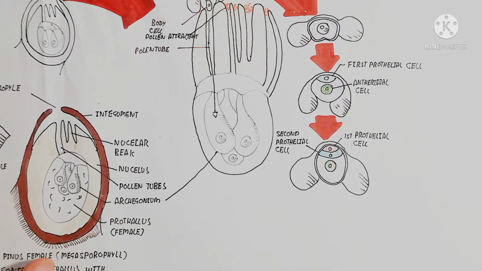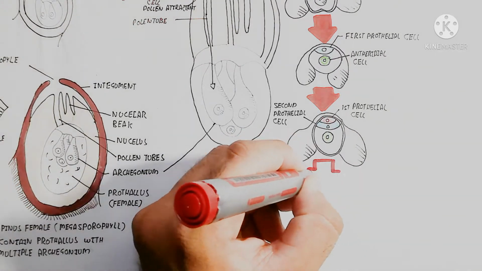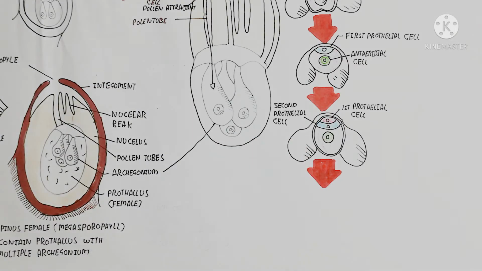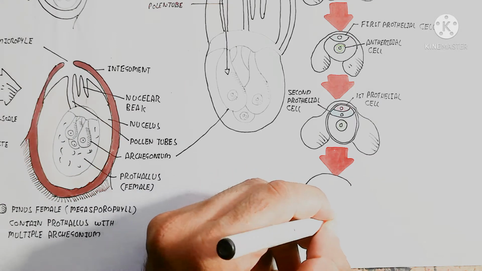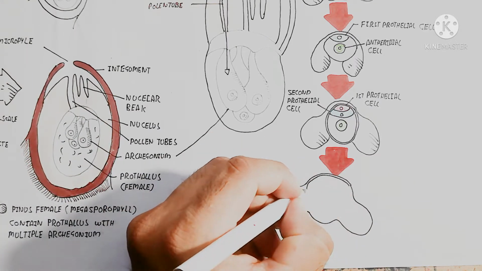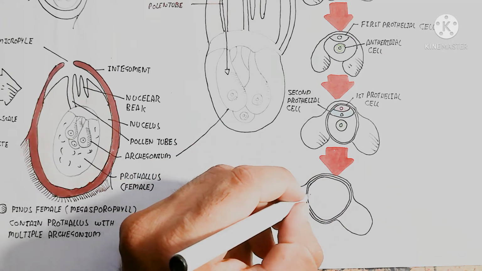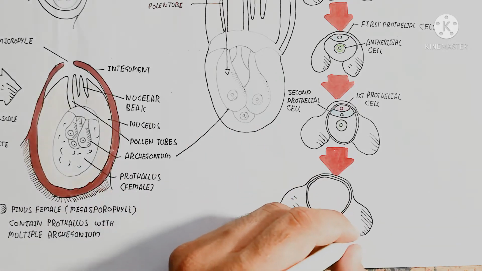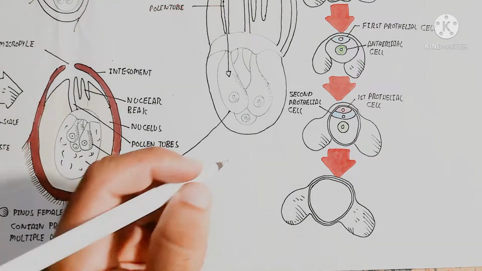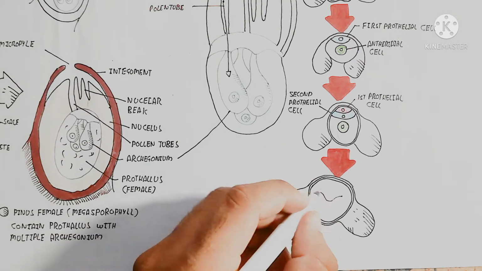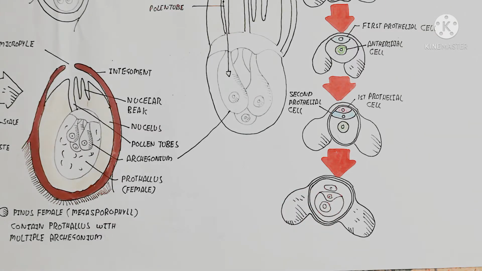This tube nucleus, in blue color, shows the body cell, while the stalk cell is also present. So this tube nucleus creates the pollen tube elongation. That means it is used for callus formation, and the tube nucleus will move forward,